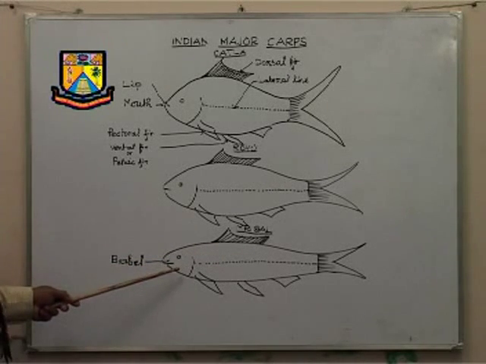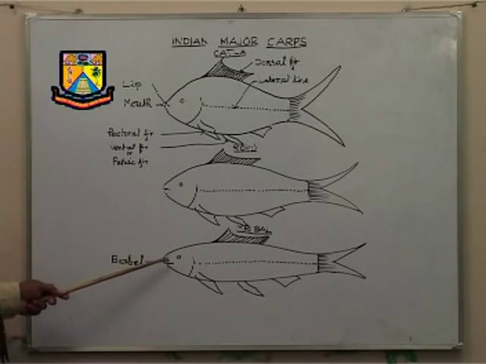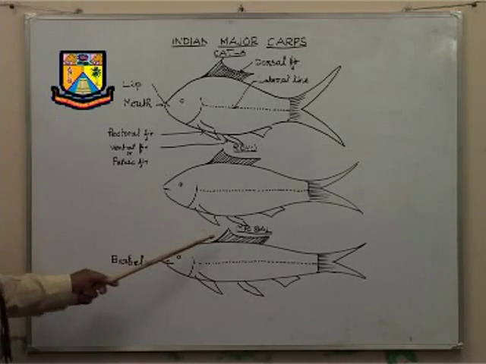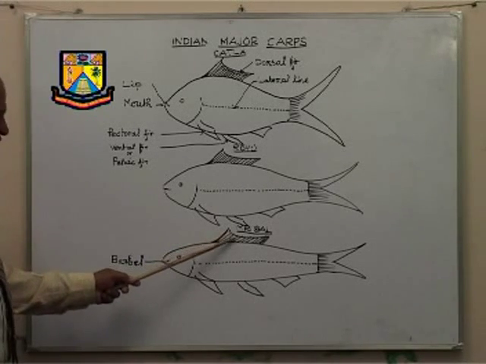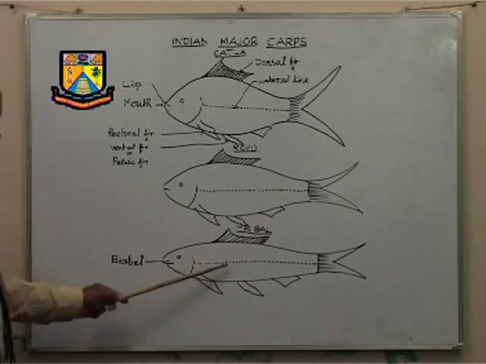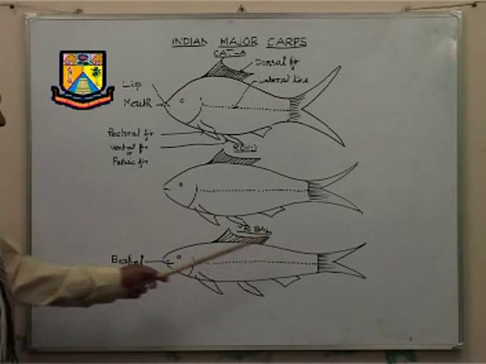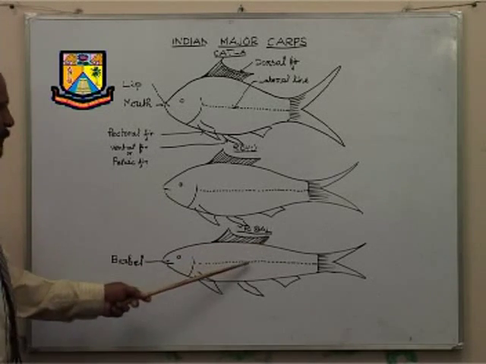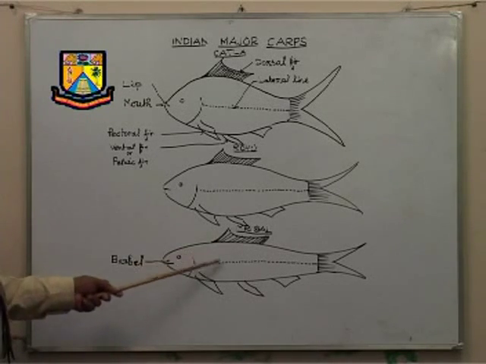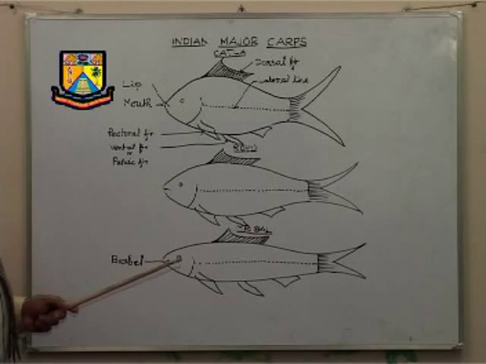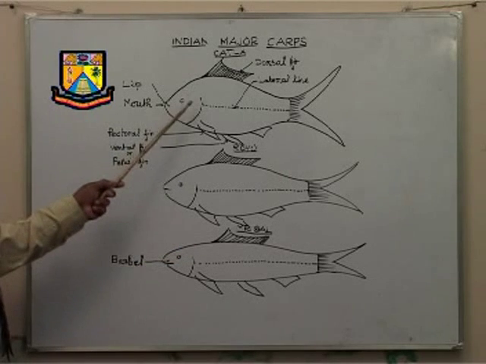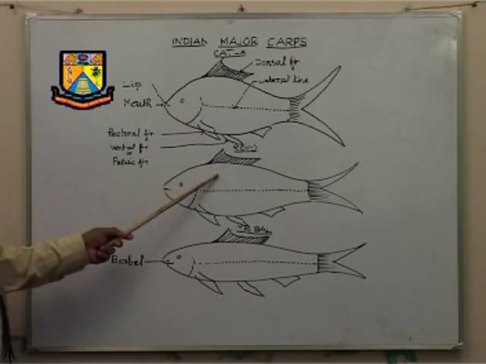In a diagrammatic figure, on one side we see one barbel is present, on the other side another barbel is present. So a pair of barbels is present. In the dorsal fin, the number of fin rays is 12 to 13. The distance between the pectoral and pelvic fin, wide gap. In the lateral line, 40 to 45 scales are present. Based on the above characteristic features, we can identify Mrigal. Now, based on the diagrammatic observation, among the Indian major carps you can identify Katla, Rogu, Mrigal